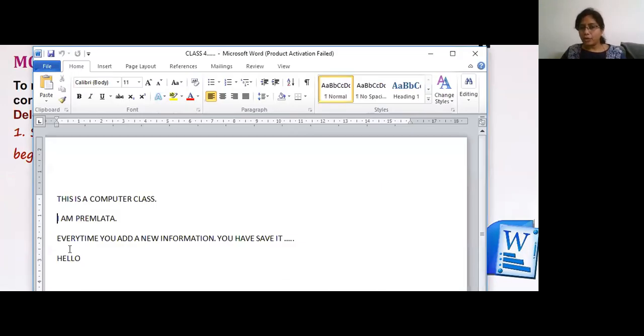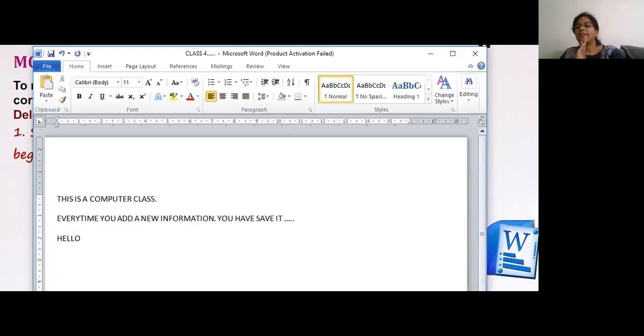For dragging, what are we supposed to do? Left click, keeping it pressed. So I'll keep it here. I'm pressing left click and I'm dragging. See, I have not released my left click. See, it is pressed only. Till wherever I want to delete, just keep it there. And once I'm done, I'll release it. So all my text got selected in blue. And simply on your keyboard, press the delete key. So see, I did my deleting here.